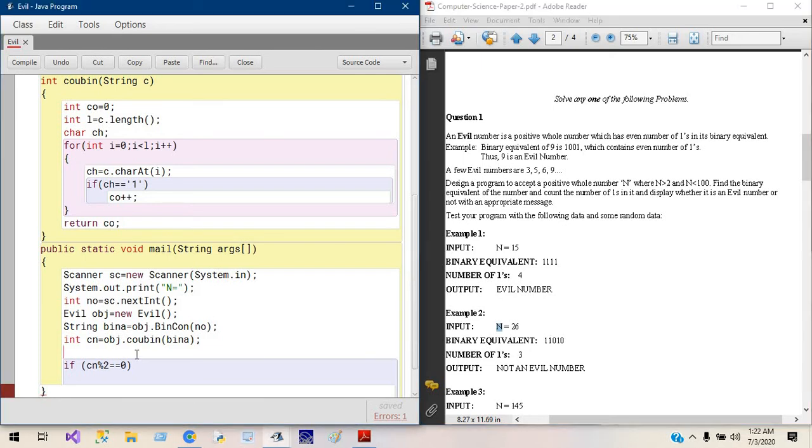The common part, and the output of not an even number, these are the changes. So we don't write the entire thing deliberately. So I'm writing system dot out dot println